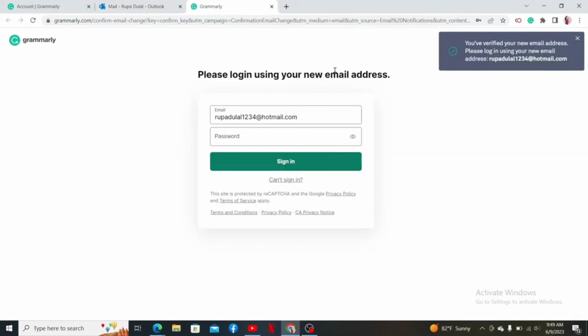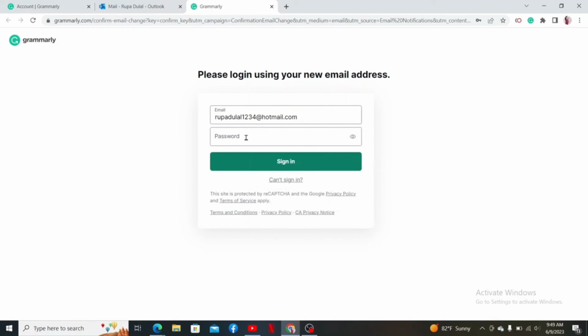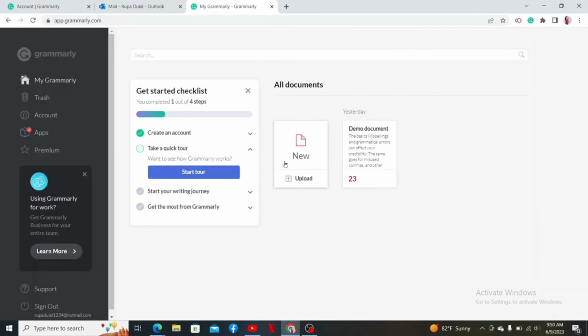Now, you'll need to log in using your new email address. Go ahead and type in the new email address that you just changed to, and then type in your password for your Grammarly account. Click on sign in after you are done, and you'll be able to change your email